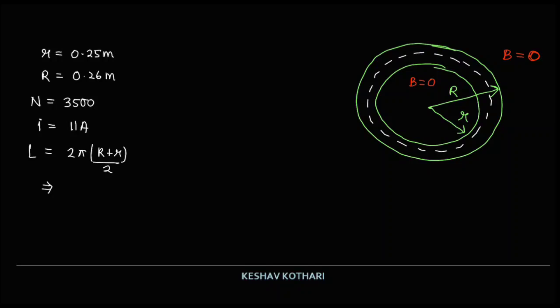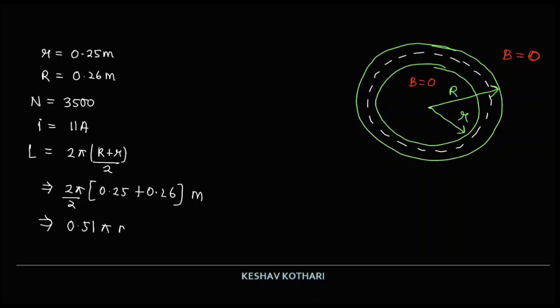So it is coming out to be 2 pi by 2 times (0.25 plus 0.26), and the value is in meter. So from here we obtain a value equal to 0.51 pi